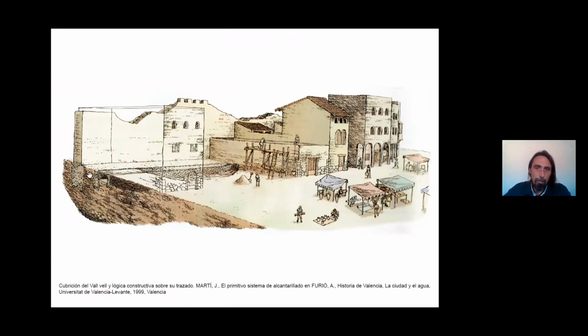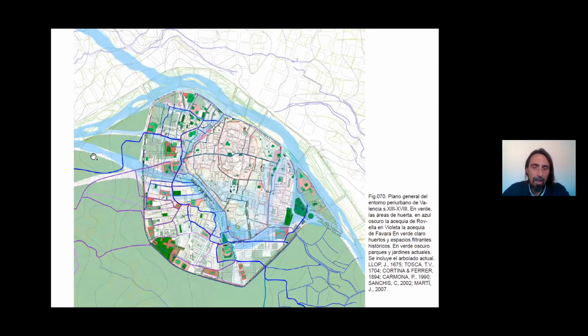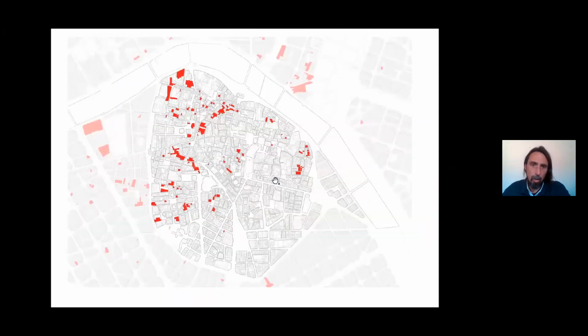So here the valley is channeled. So we refer to it as the covered valley. So you can see all of these plotted lines. We can see the hydromorphology. We can then put the present map on top of that. So this was in 2017, I believe, 2015 to 2018.